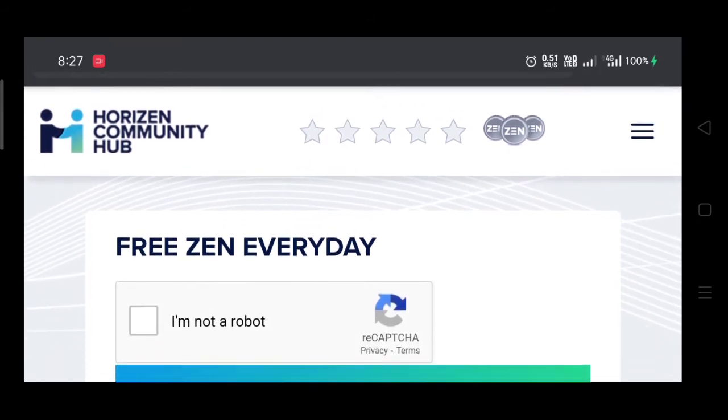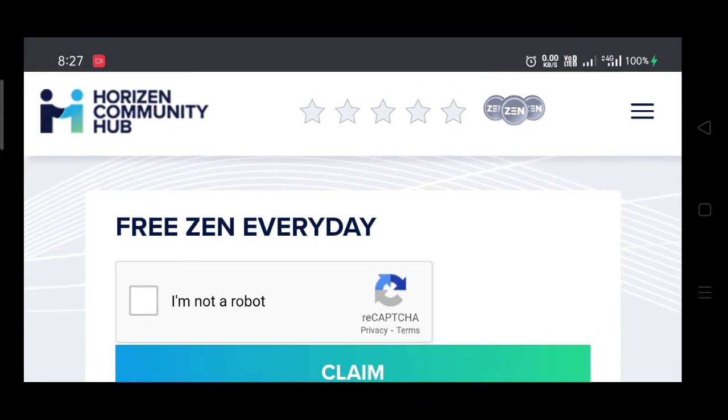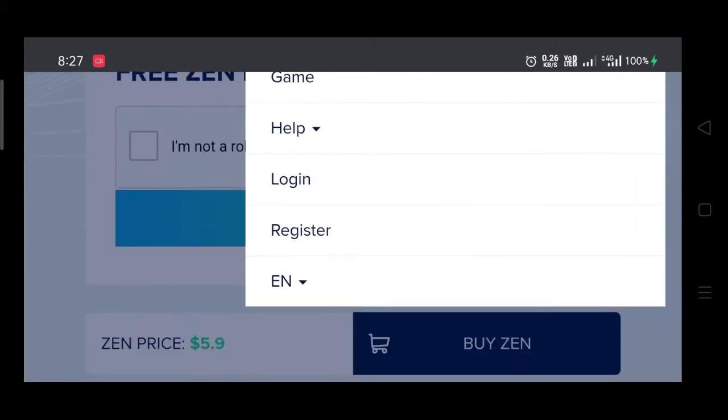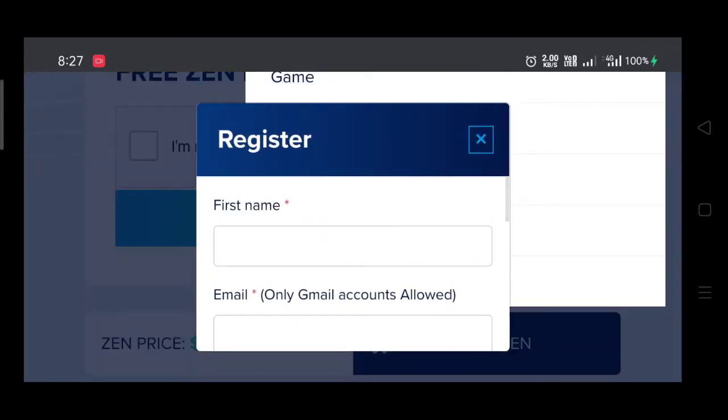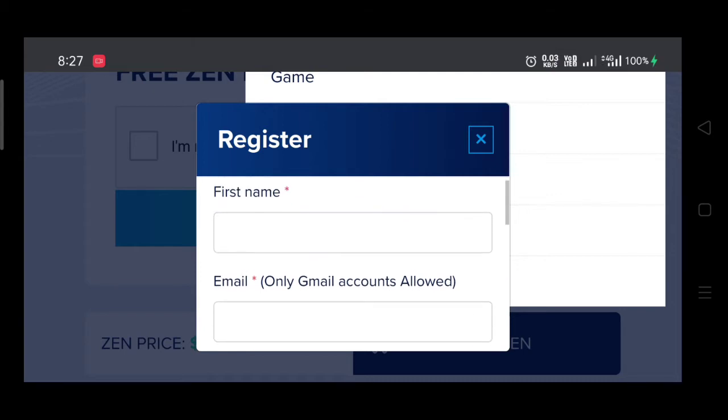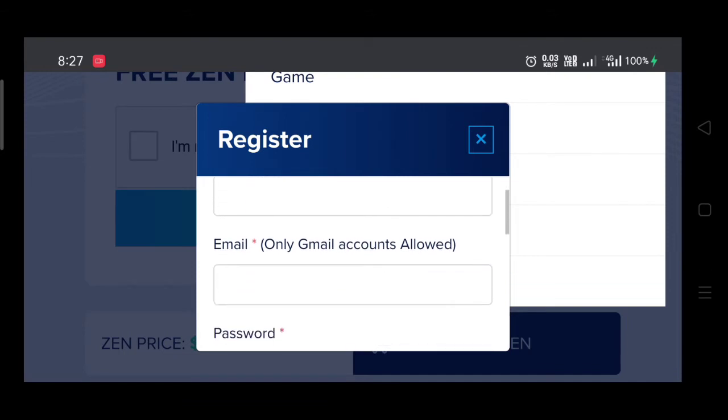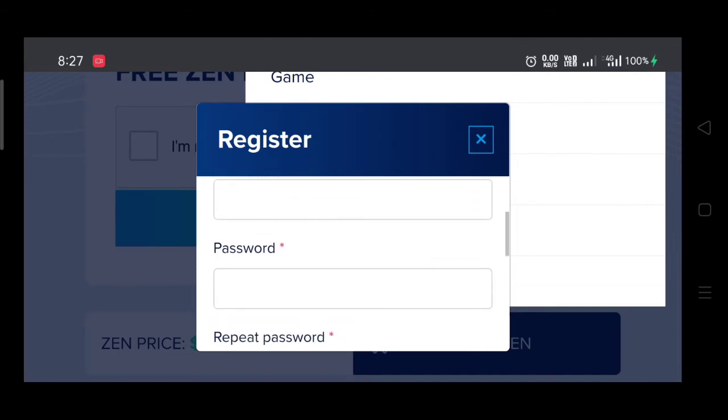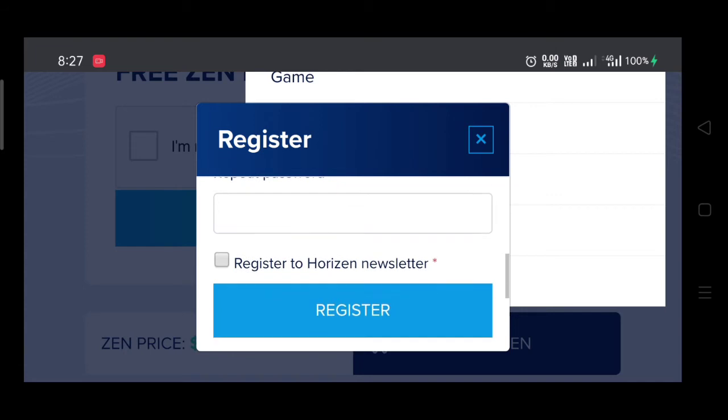So first click the link, and after coming here, just tap on these three lines and tap on register. After that, a pop-up box comes out. Here you have to provide your name, email address, password, and repeat password. Then fill the boxes, then tap on register.